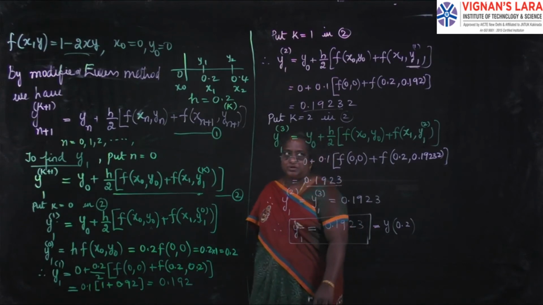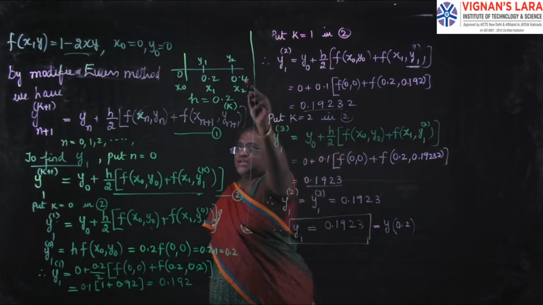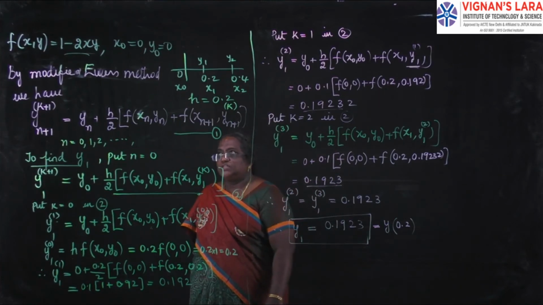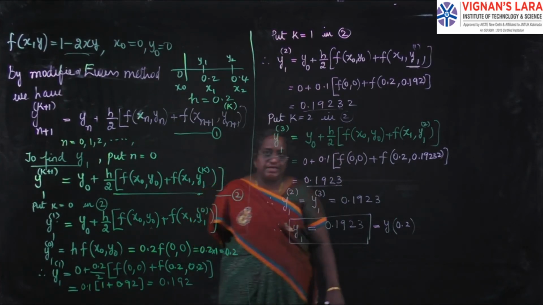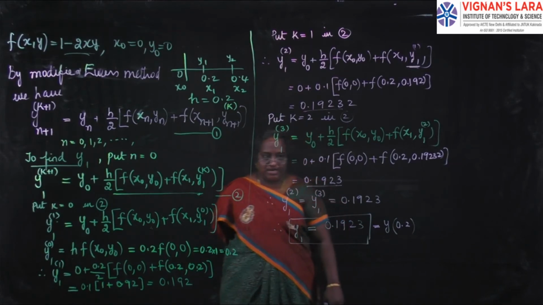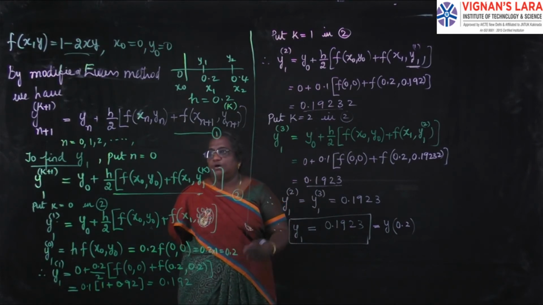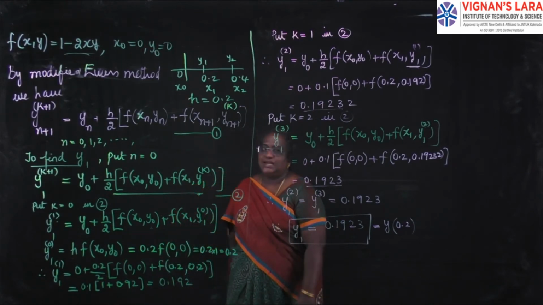So the problem is not over up to here. Again we have to calculate y2, meaning y at 0.4. That is what is being asked in the problem. Find y of 0.4. We have to calculate y at 0.4. So we need to calculate y2 also. So in order to calculate y2,